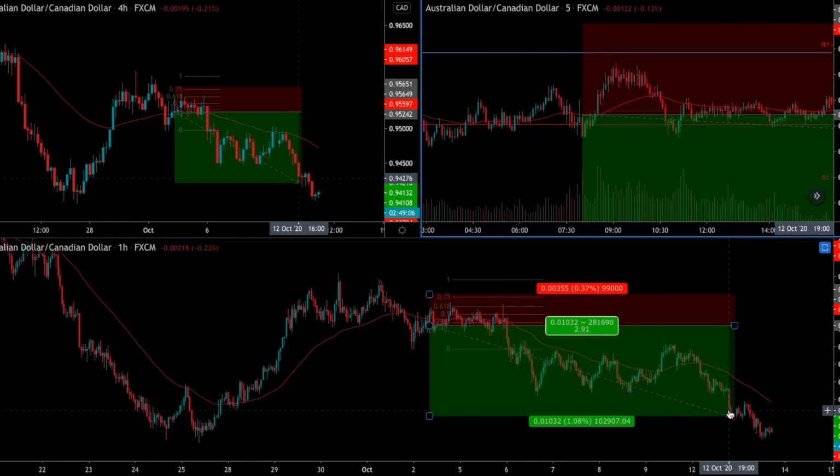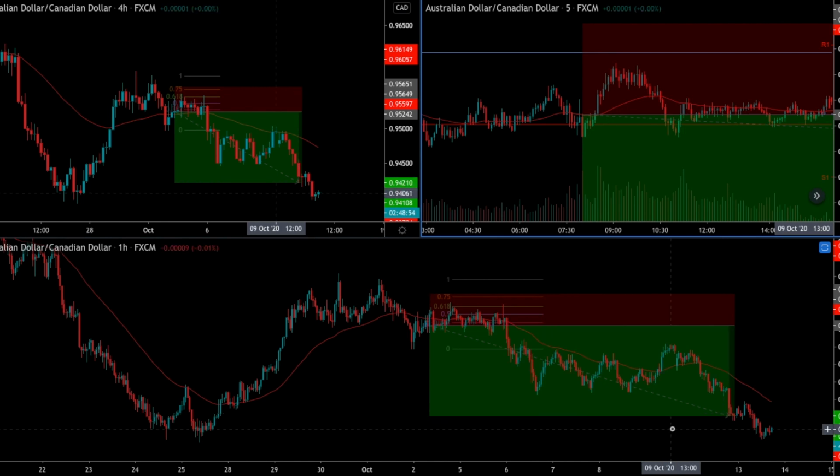So between those three trades, roughly 2% last week. Not bad. If I can make 2% every week, that would be phenomenal. Halfway through the month, almost. Not in any trades right now. Got some good pairs on watch that hopefully will present some decent entries this week, so we can keep the momentum for the month